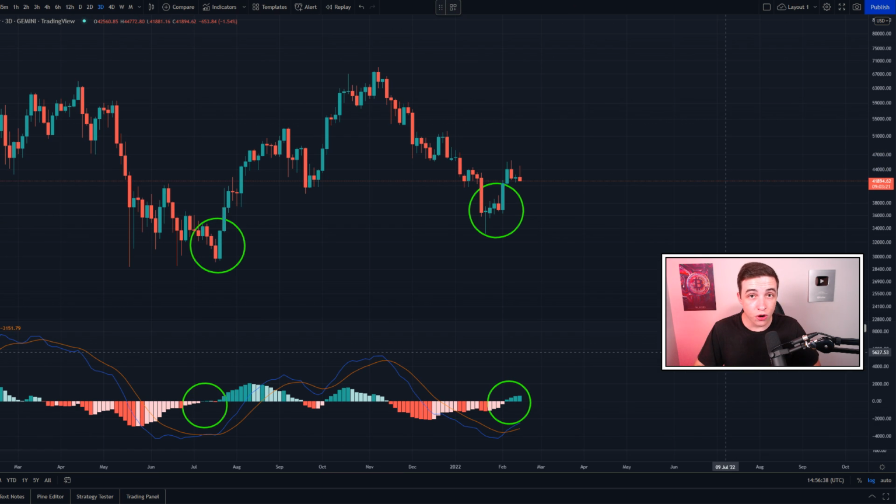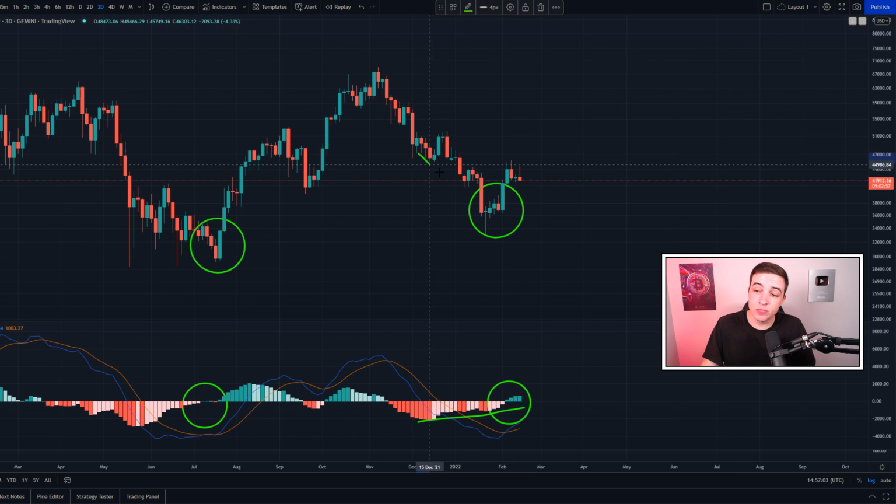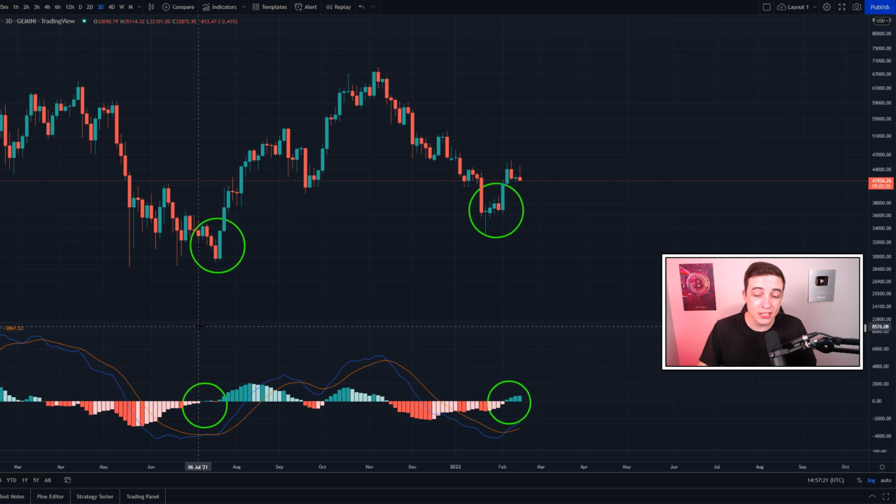Also on the 3-day time frame, something that I've been talking about for a couple months now, is the giant bullish divergence between the 3-day MACD and only just recently the bullish cross in the 3-day MACD. And if you're looking at the last time that happened, that was during July 2021, and obviously you could see what came next. We also saw a small bullish cross in the 3-day MACD during the beginning of October 2021, and once again you can see what came next in the Bitcoin price.